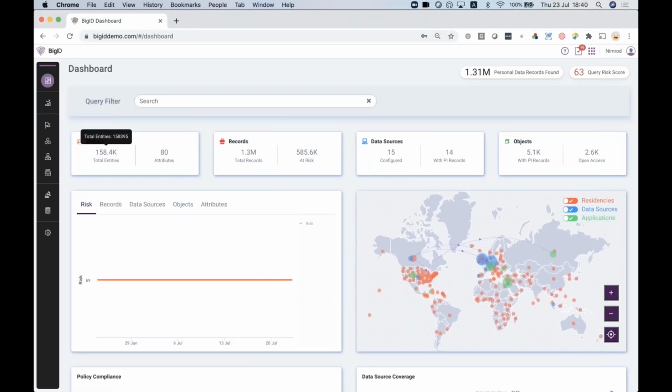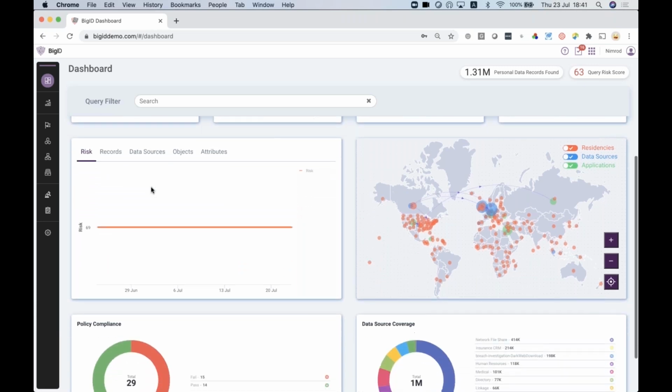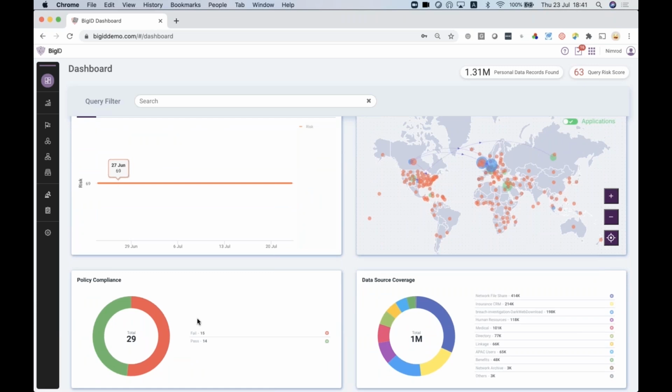This is the dashboard of BigID. You can see that it gives you visibility of the data: how many records and data sources are being scanned, calculating a risk of that data over time, and also pointing out how many unique entities overall I have in that environment. And then it allows you to deploy policies and discover